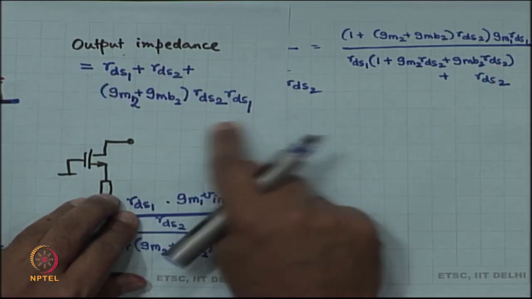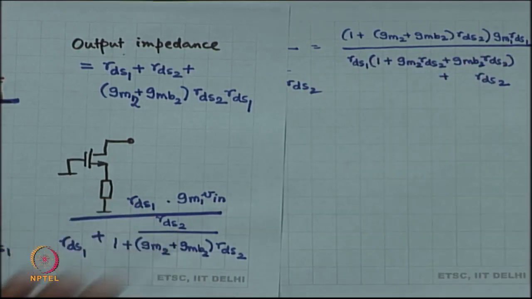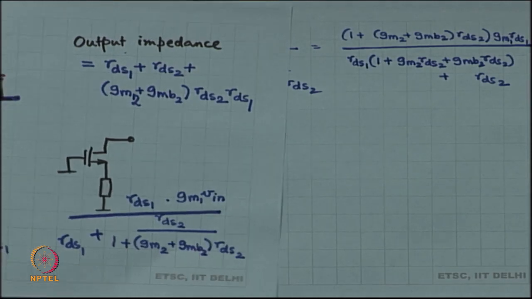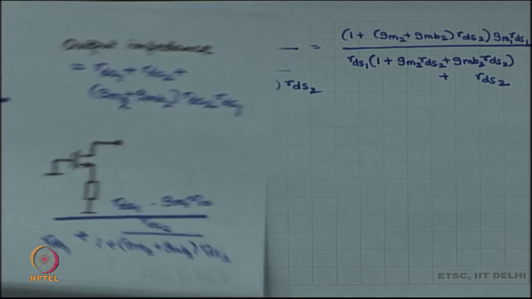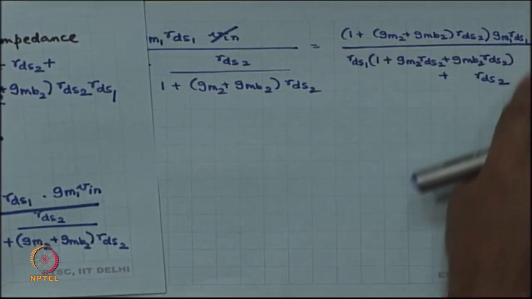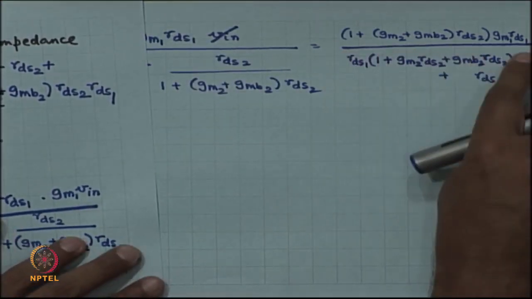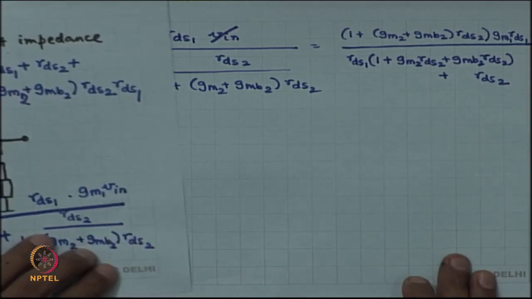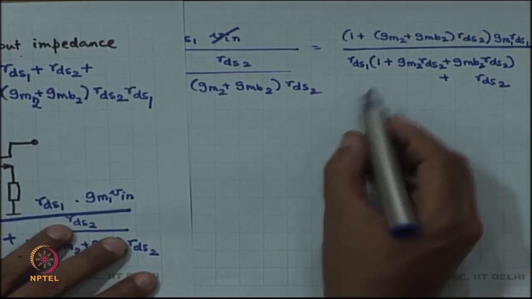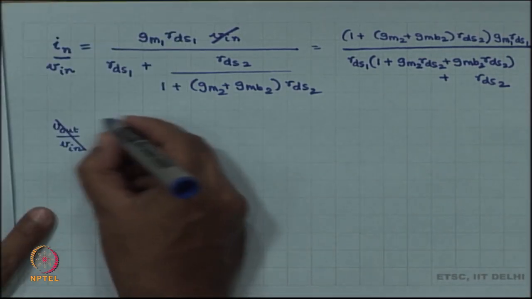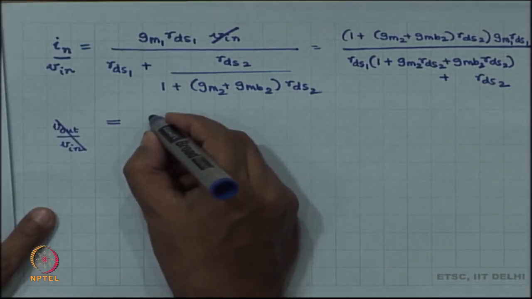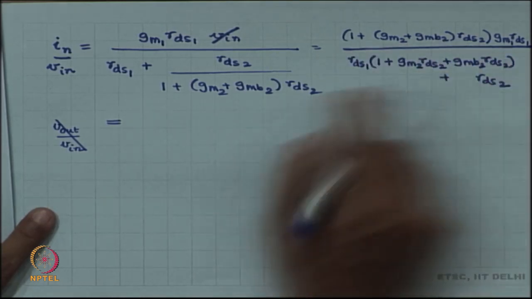So, this output impedance is the same as this denominator, okay, just pointing it out, all right. So, if you want to write this as G out, or rather if you want to write this as R out, you have some numerator